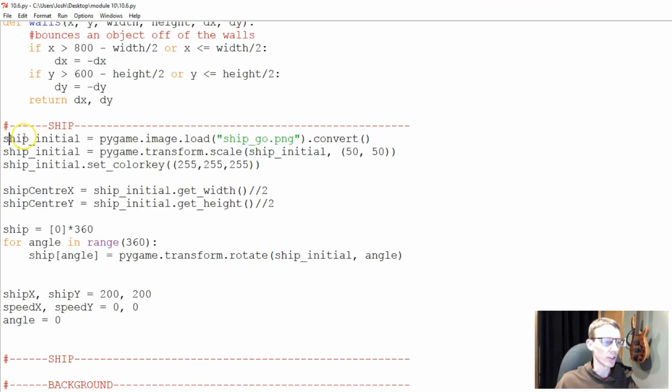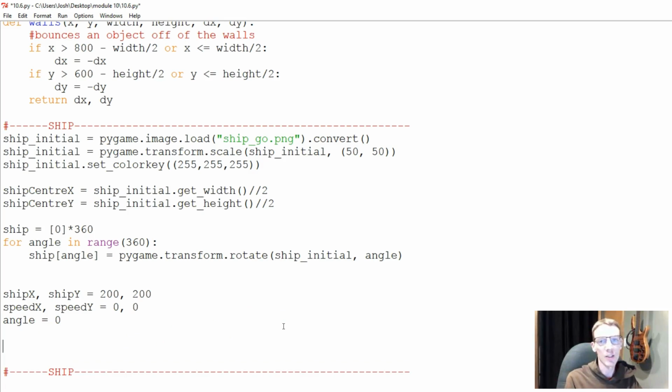So if we go into our code, you can see this is the setup for our ship right here. And I'm going to put my sound in this spot as well. So we need a name, a variable for our sound, and I'm going to call mine bounce. I'm going to have a sound that plays when my ship hits a wall. It's going to sound kind of goofy, but it's just to show you how this can actually be coded in Pygame. So we'll say bounce equals